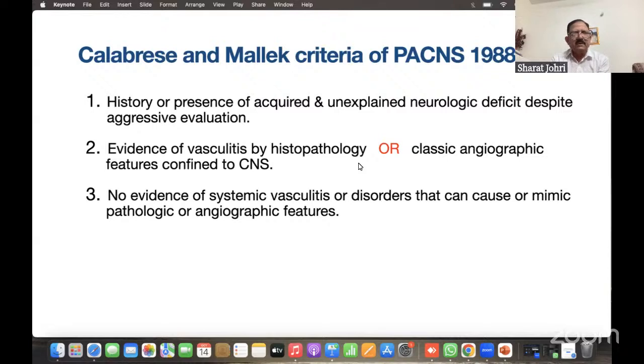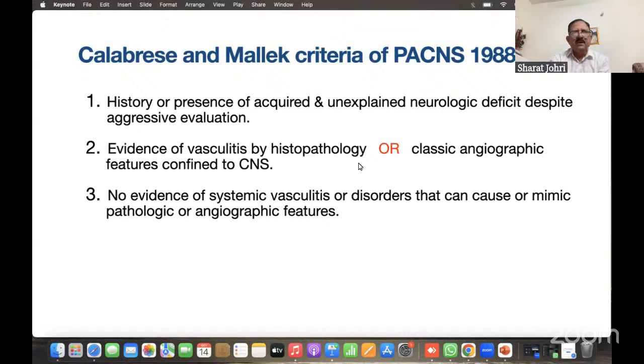And there is no other evidence of systemic vasculitis or other disorder that can cause or mimic angiographic features. But this was a challenge because we cannot do histopathology or angiography in all cases. So this was a good